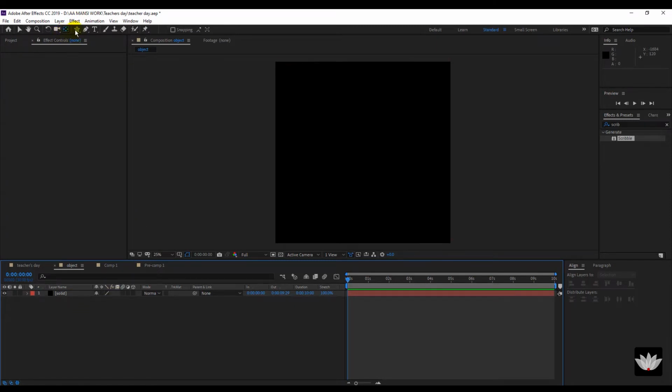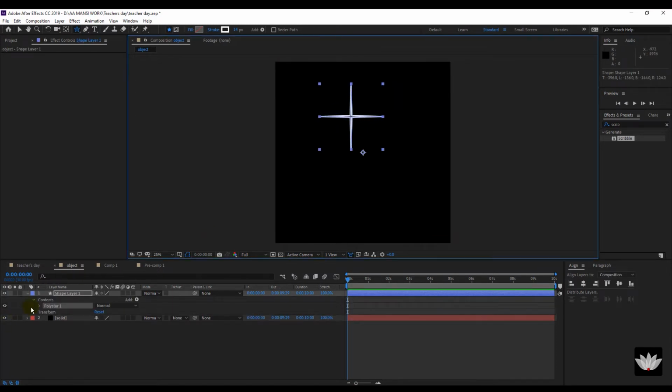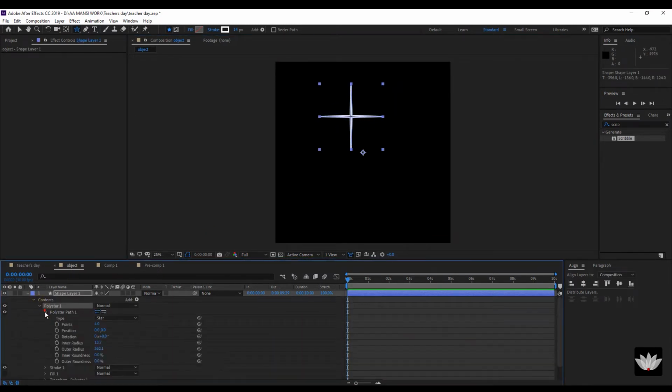Select star from the object tool, shift and drag the mouse to scale. Go to the polystar path, increase the inner radius, increase the point to 5,